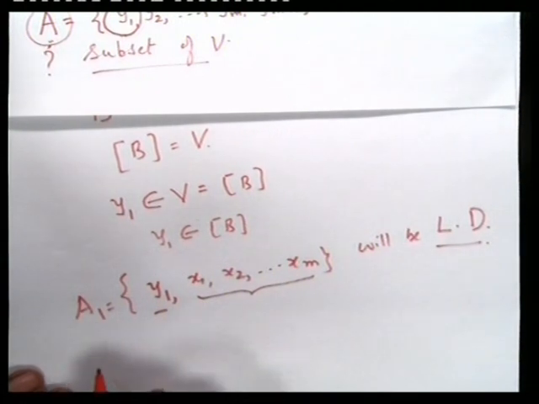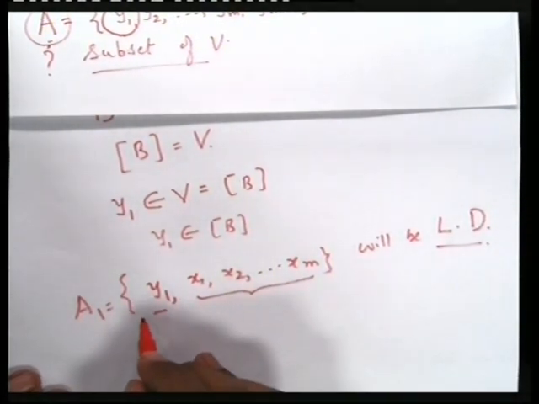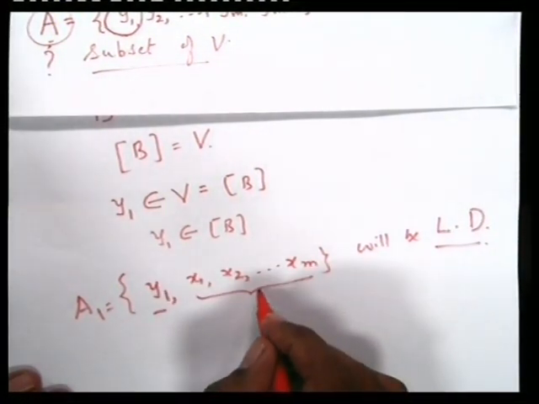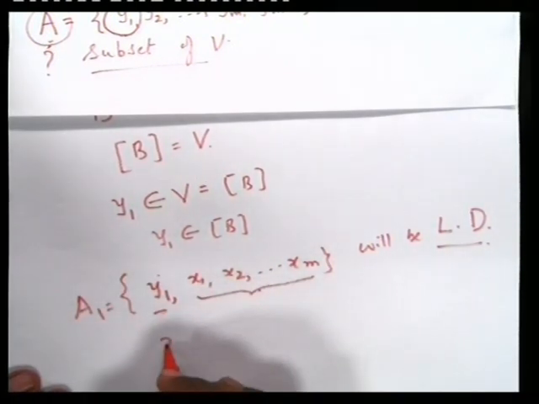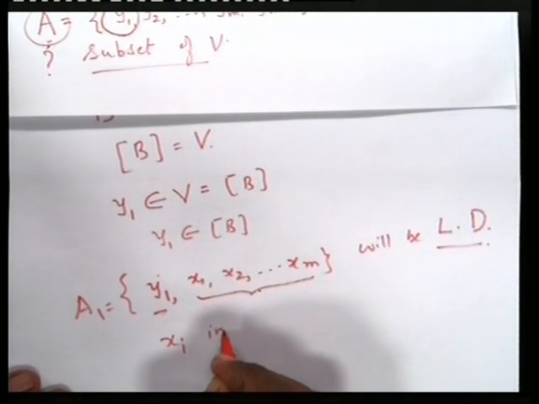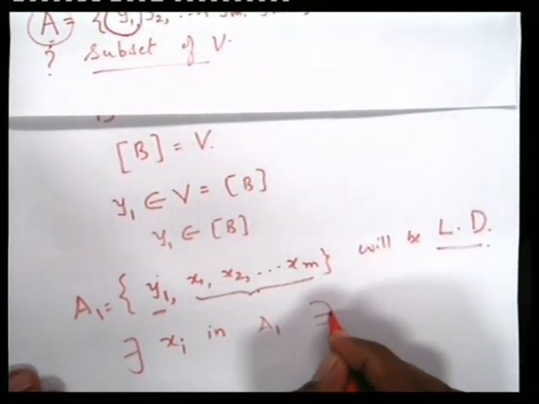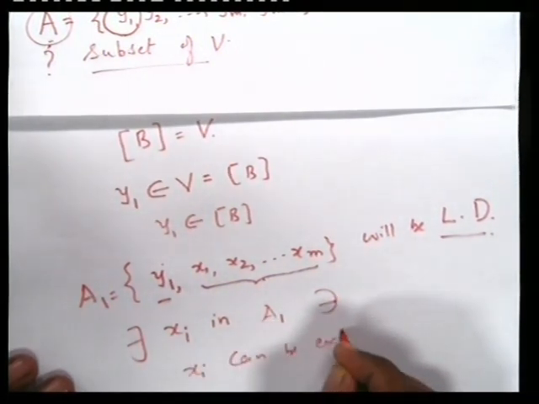So A1 is a linearly dependent set. Now if A1 is a linearly dependent set, then we can find any vector xi in A1, except the first vector, such that xi can be expressed